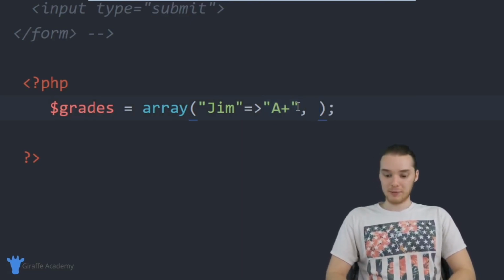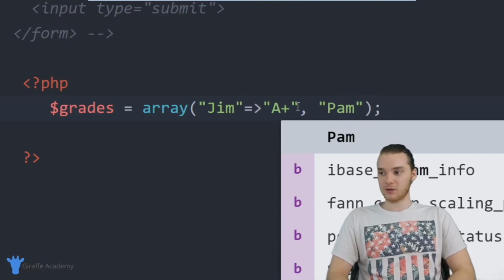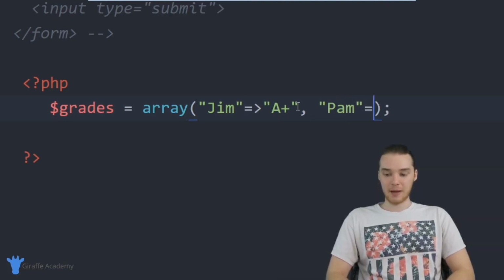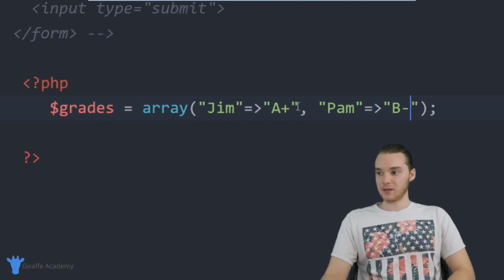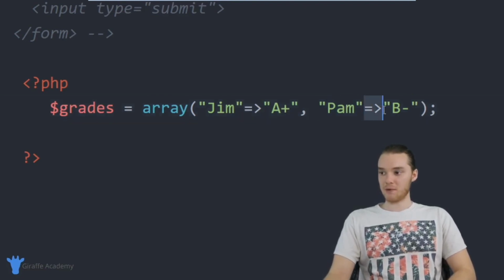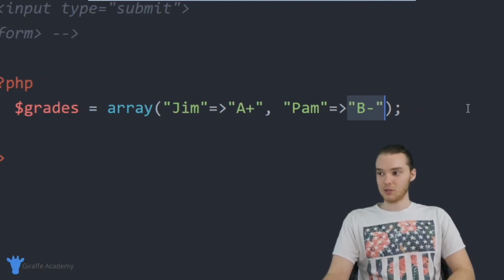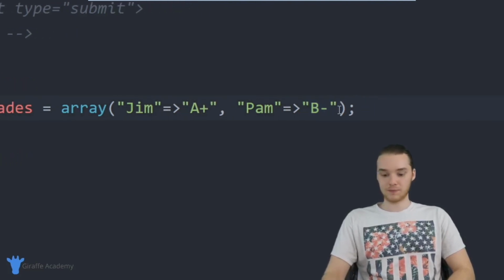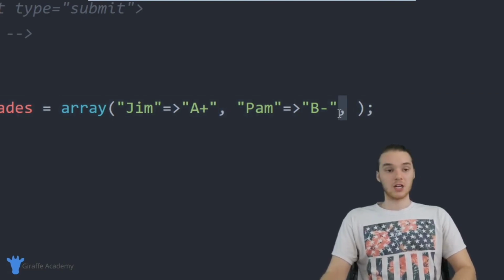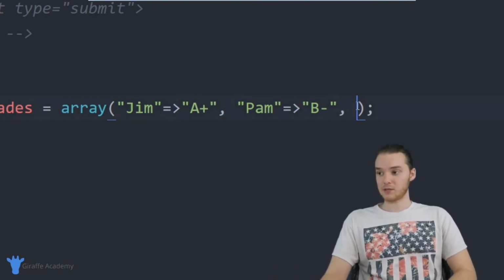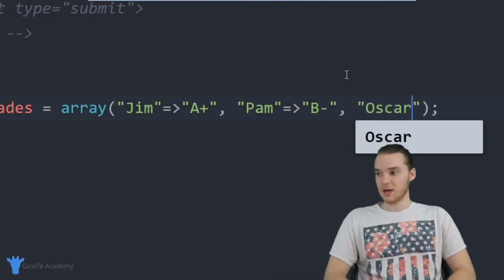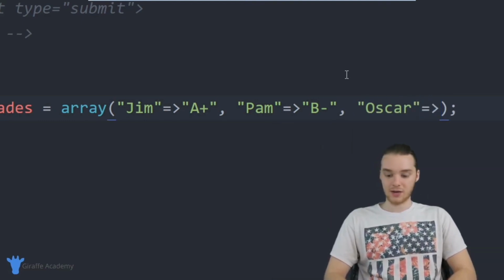Over here, I can do the same thing for another student. So let's say we have another student, Pam, and let's say that Pam got a B- on the test. All right, so now I'm storing the student, and I'm also storing the grade that they got on the test. Why don't we do one more? Let's make another student, and you'll notice I'm separating these different students with this comma, just like I would normal array elements. So over here, we're just gonna say Oscar, and let's say that Oscar got a